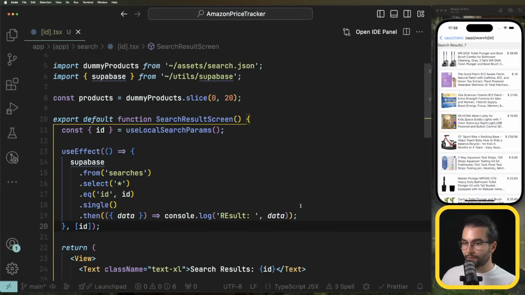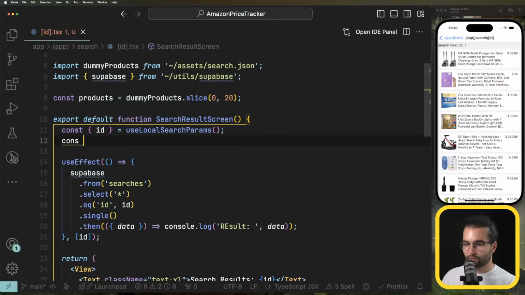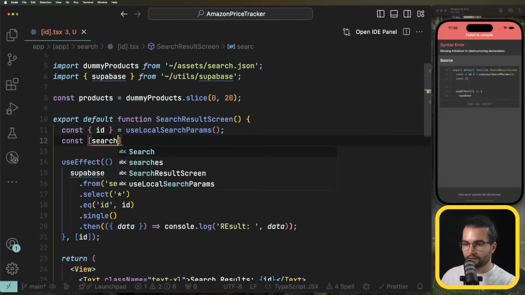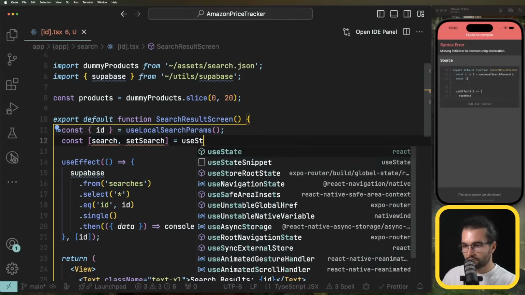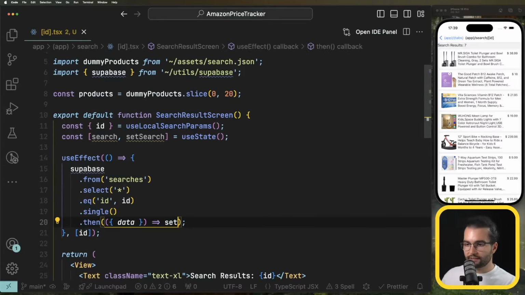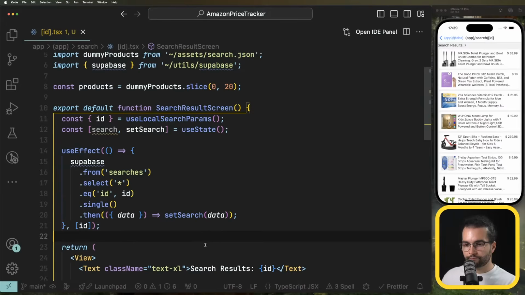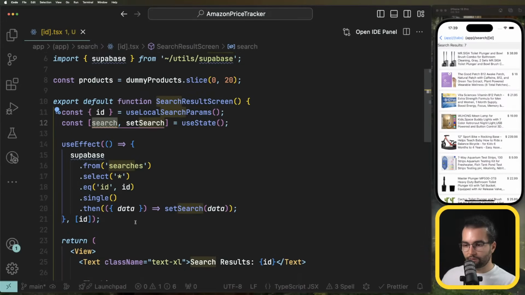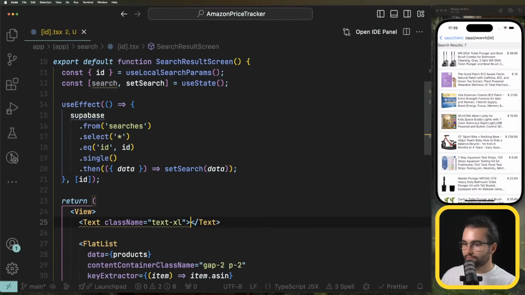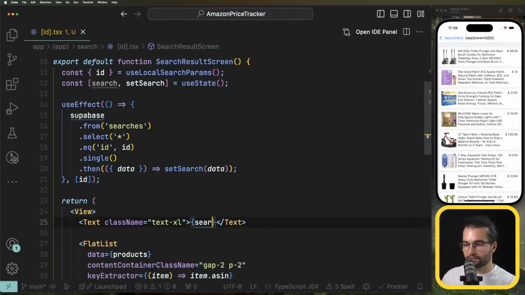We can take that information, store it in state to be able to display what the user searched back then. Set search use state, and here when we get the data, I'm going to do set search data. Now having this search, I can render what the user was searching. Search.query